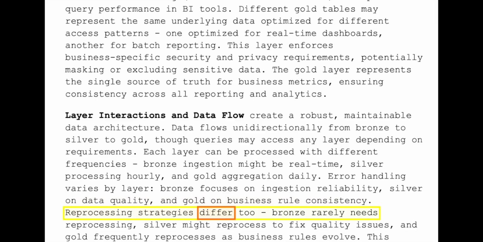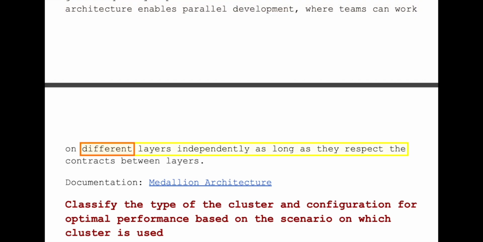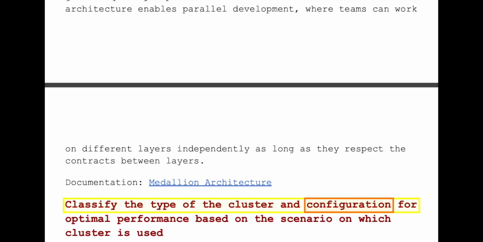Reprocessing strategies differ too. Bronze rarely needs reprocessing. Silver might reprocess to fix quality issues, and gold frequently reprocesses as business rules evolve. This architecture enables parallel development, where teams can work on different layers independently as long as they respect the contracts between layers. Documentation. Medallion architecture: classify the type of the cluster and configuration for optimal performance based on the scenario